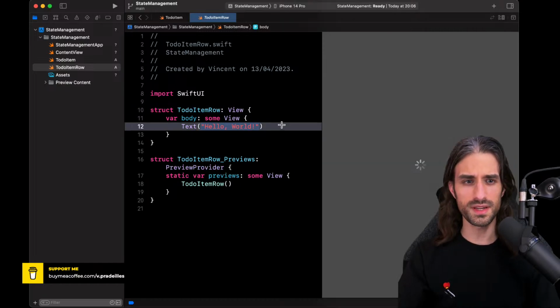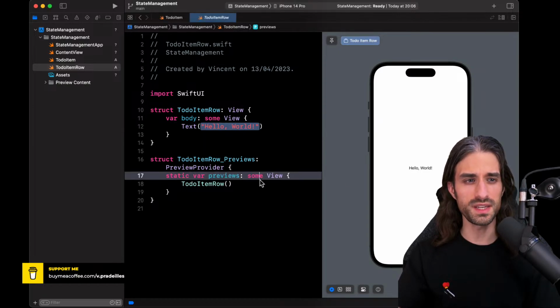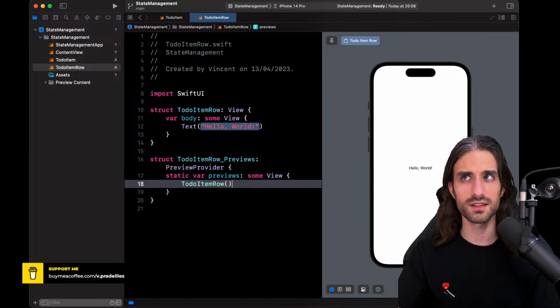First thing, I will show you the preview, and we're going to notice that the preview by default is the entire iPhone, but it's way too big for a row. If we were to implement the row, it will have access to all the available space, and it's just not a good way to preview it because it's not realistic. What's good is that there is a way to solve this issue, because we have control over the size of the preview.